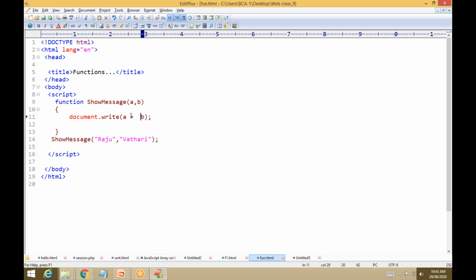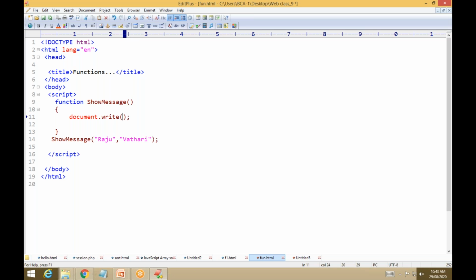It is not adding two values a plus b, it is appending the value after a, that is the meaning of plus here. So if you are passing parameters within a definition, then only you can call like this. But here I didn't pass any values, how can you print the values?